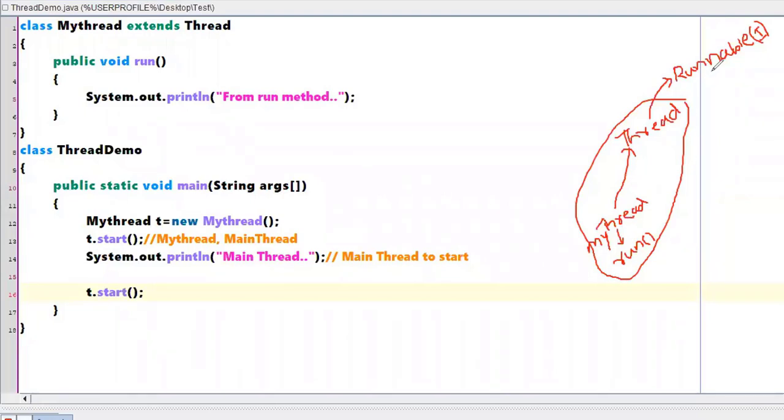Okay, now what I'm saying is instead of doing this, can't we directly go to this part, something like I directly want my thread class to implement this particular runnable interface.